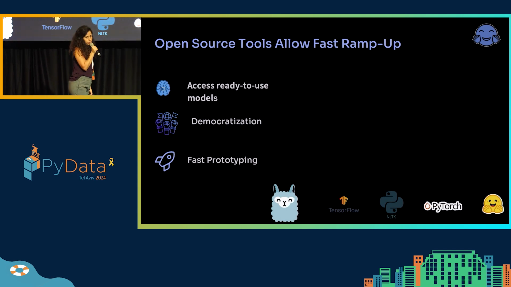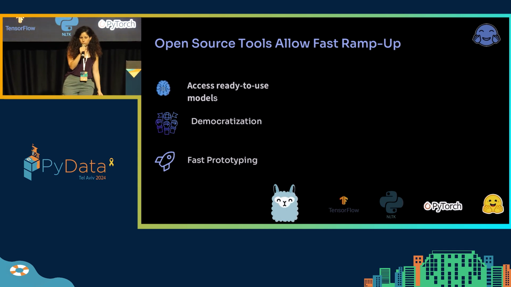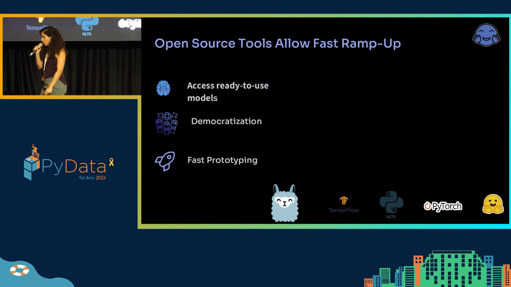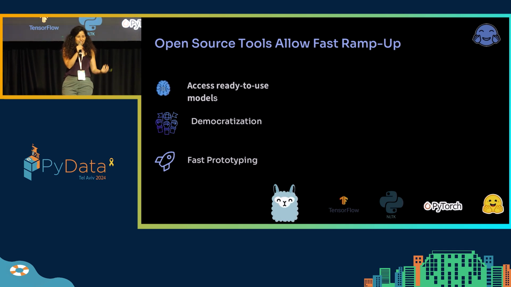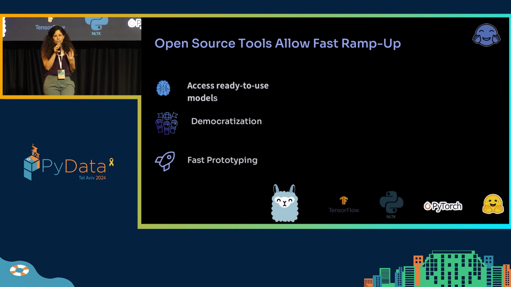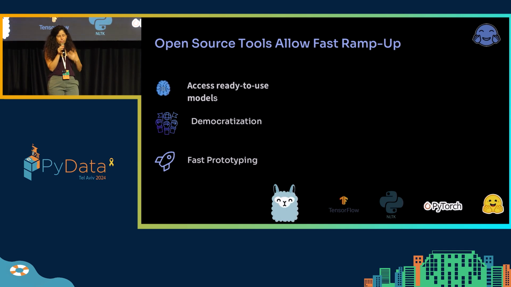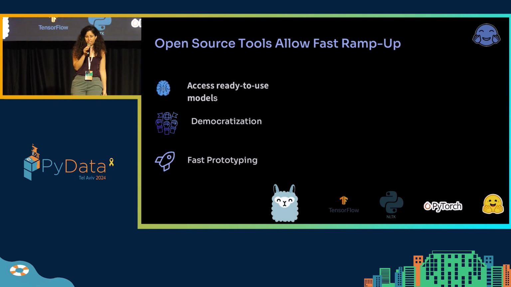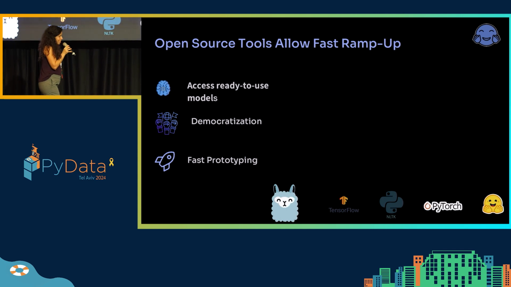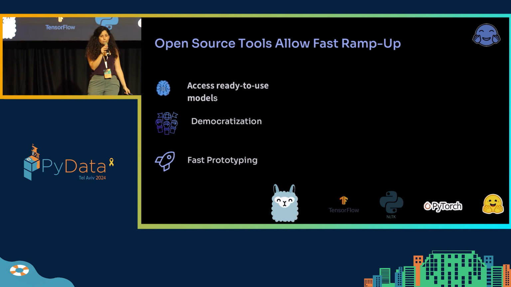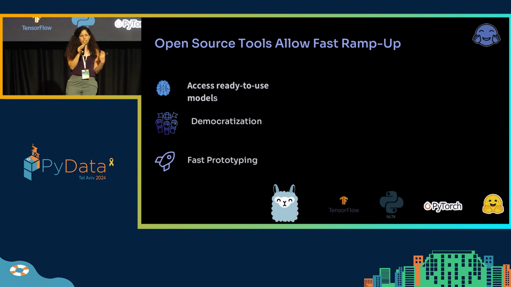Okay, now we move to the last piece of the puzzle, open source models. Open source models allowed researchers and developers to just download state-of-the-art models and fine-tune them to their own task. And so in days or even hours, they had the pre-trained model for their own task sitting on their desk. This democratized NLP and made prototyping a lot faster because they don't have to start from scratch each time.